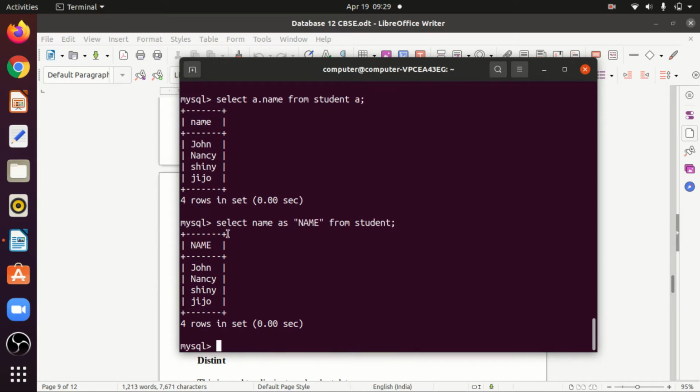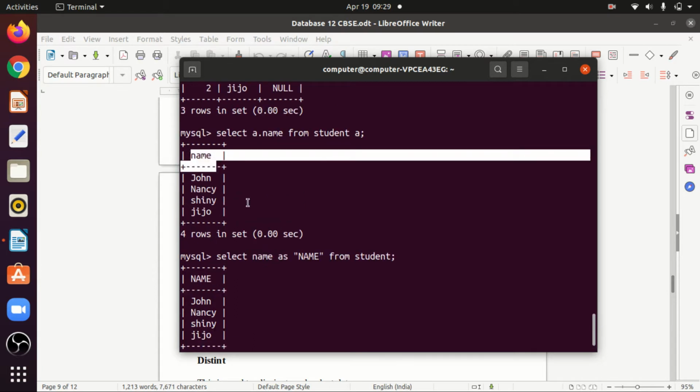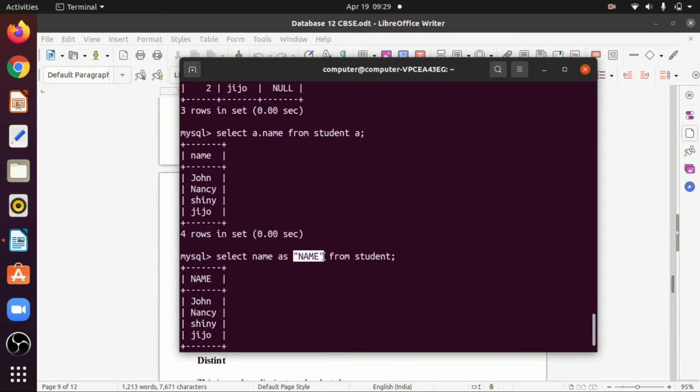Okay, so here I have changed the column name. Previously my column name was this, so I have given an alternate name to that column, so that I can do.